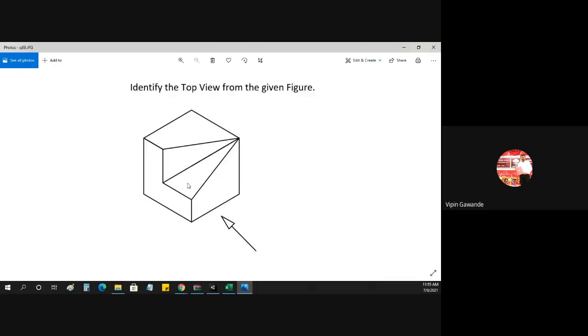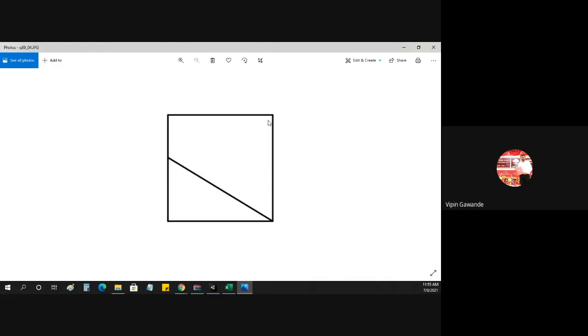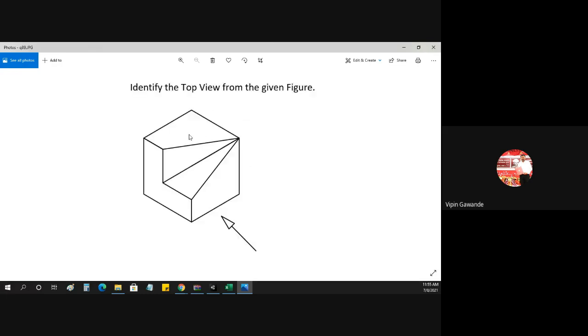Here, first we will get this part. First, this is the bigger surface, and then we have the triangle at the bottom. So here you see that this is the first surface, and this is the second surface, which is at the bottom, which is inclined. How is it inclined? We have to make it straight. So this is the correct option. So always check which surface is visible to the observer first. This is visible to the observer, and then the second surface is visible to the observer.